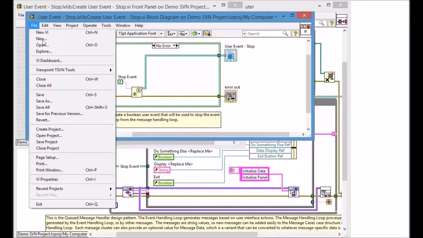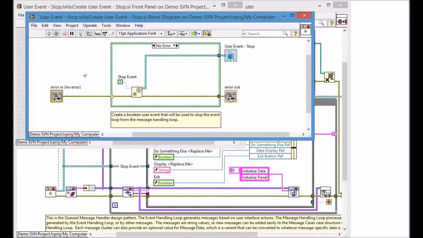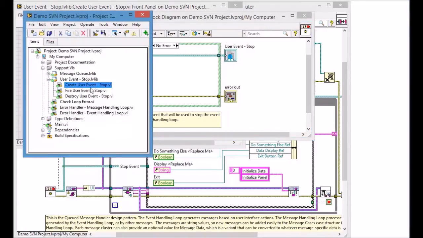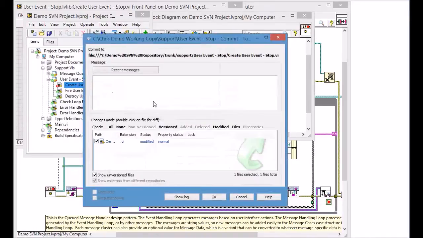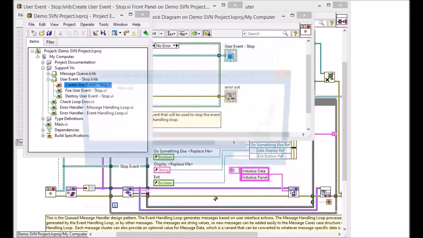All right, so this is done, and I'm going to save it, and I'm going to do a Control-Shift-E so it shows it to me on the project, and now it has the icon overlay. So I can go here and from the right-click menu do an SVN Commit, and here we're going to say removed reference register user event. All right, so that's what we did, and I'm going to do OK,